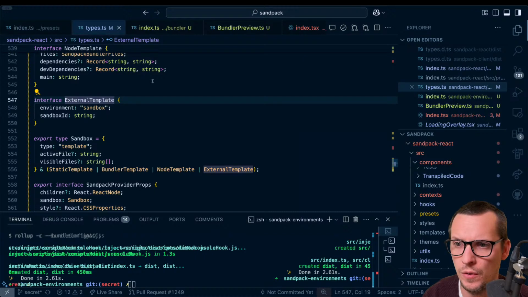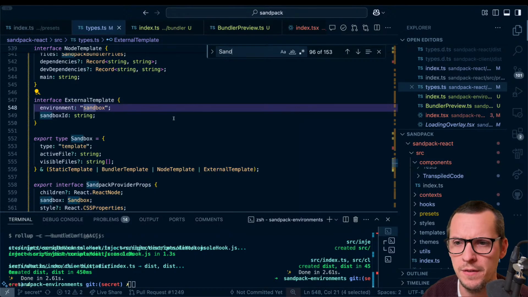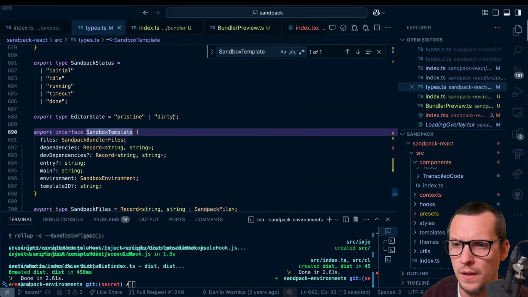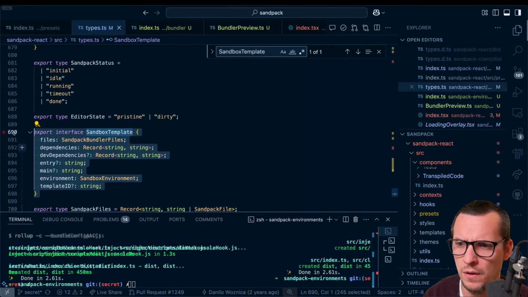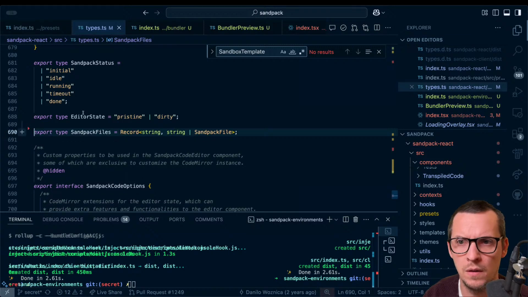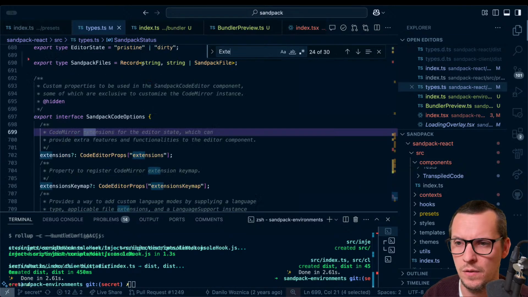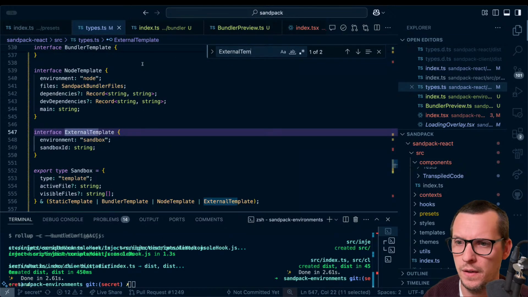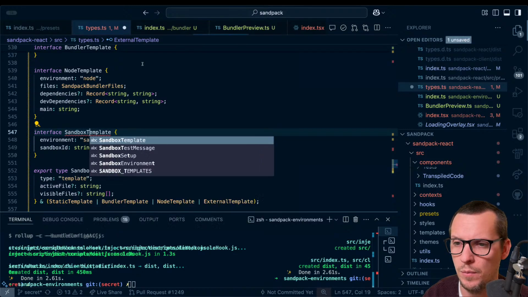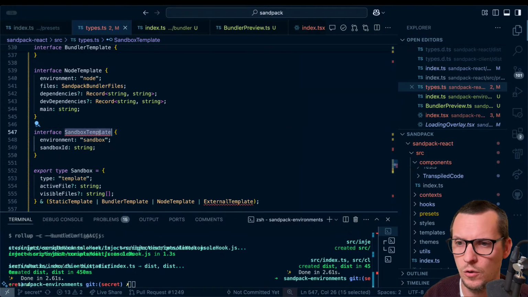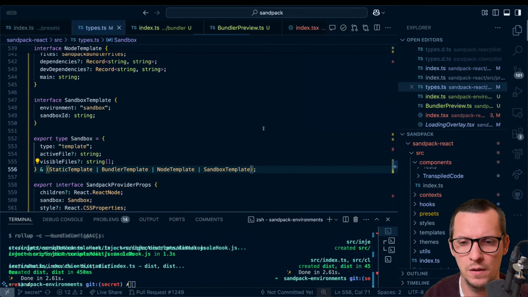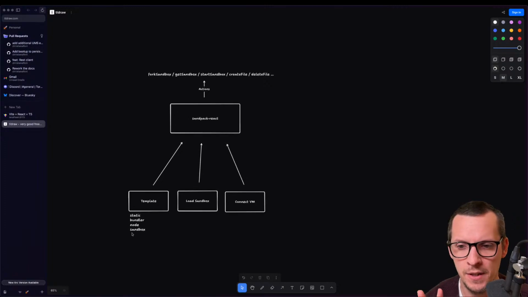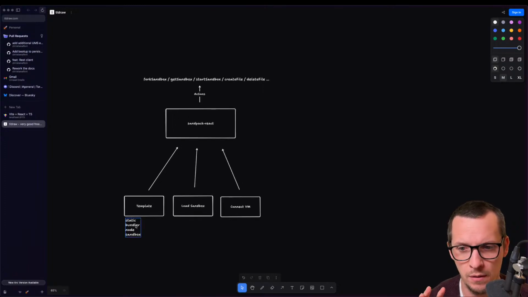I'm not sure why we have sandbox template here. Oh yeah, let's just remove that one. Where was it? External template. This is a sandbox template. Cool. Okay. Cool. So we're going to have a template of static, bundler, node, or sandbox, where static, bundler, and